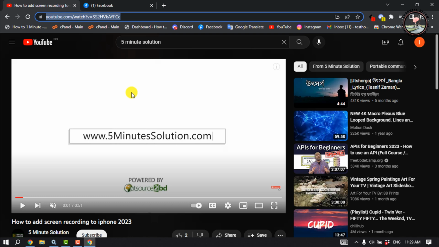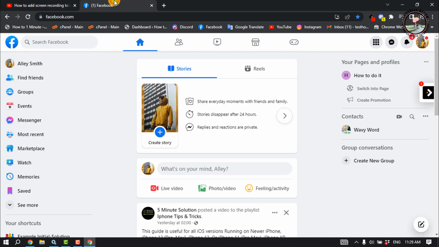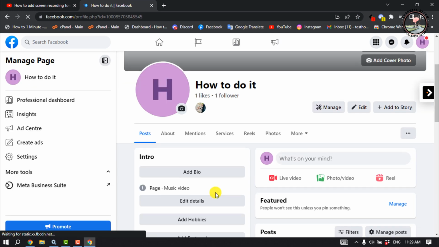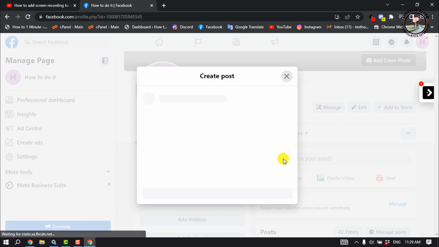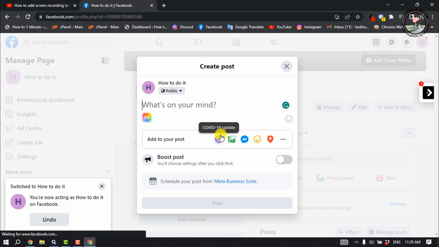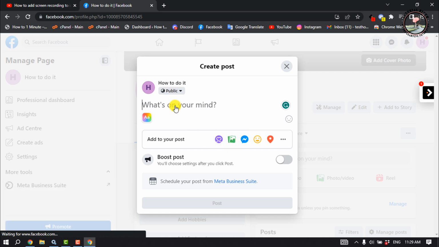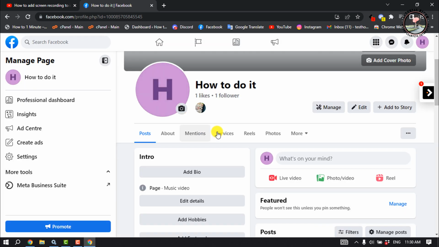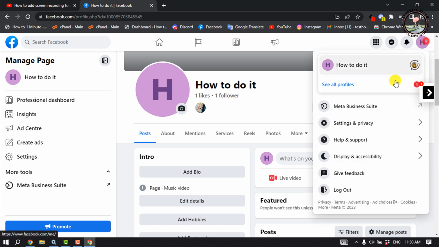Once you have the video on your computer, go to Facebook and open your Facebook page. And here you will find the option to upload the video. Now, all you need is just upload the video here and post the YouTube video. Now, you can enable the autoplay video for Facebook by going to your settings